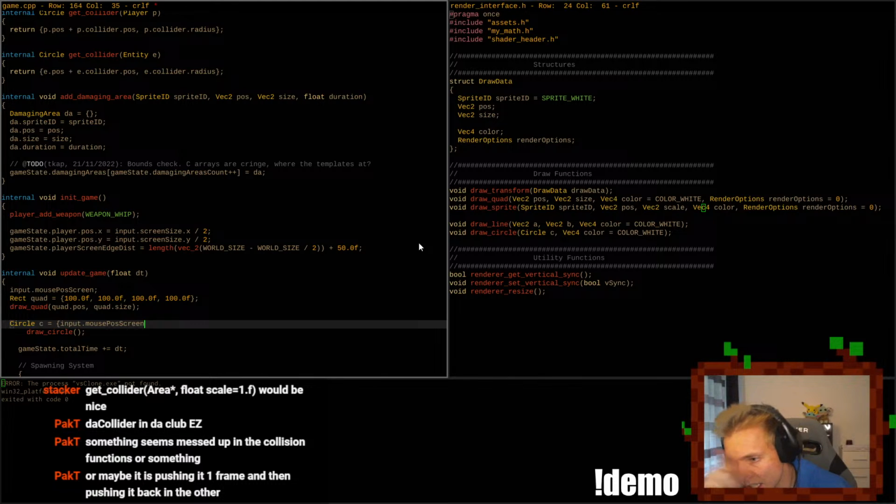Maybe it is pushing it 1 frame and then pushing it back the other. Something seems messed up in the collision functions. First, I need to make sure that it is not my rectangle circle collision detection. It shouldn't, but let's just check that it is not. Let's do a radius of 100 pixels as well.